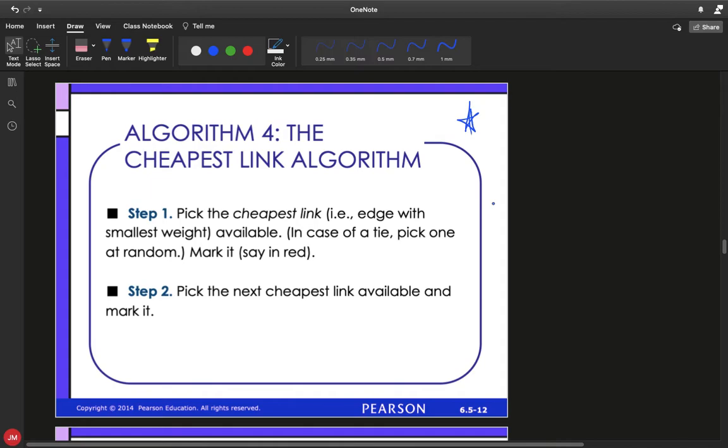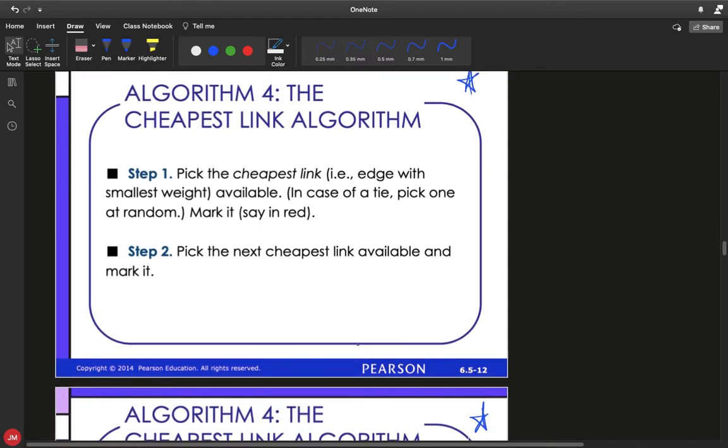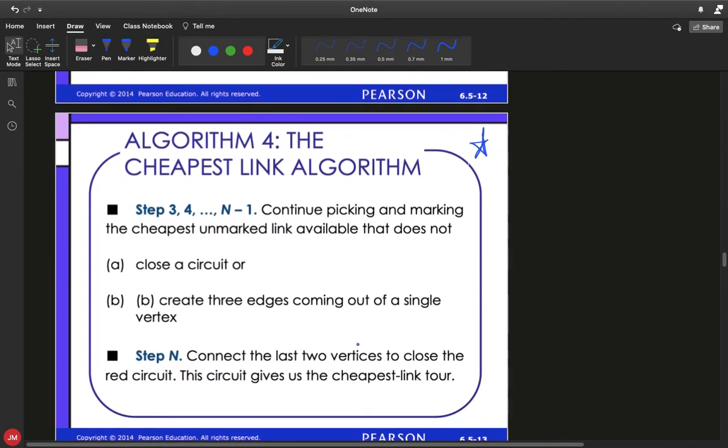So it really doesn't matter which one you pick, but just go ahead and pick one at random. Step number 2, pick your next cheapest link and mark it. And then for steps 3 and 4 and so on, you're just going to continue picking those cheapest links, provided that the link that you pick does not close the circuit and does not create 3 edges coming out of a single vertex. So as long as you follow those 2 rules, you just keep picking the cheapest possible link